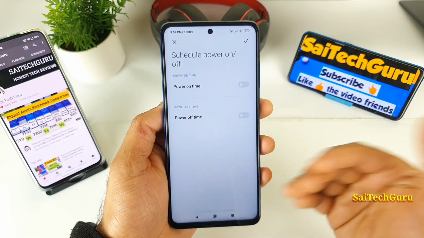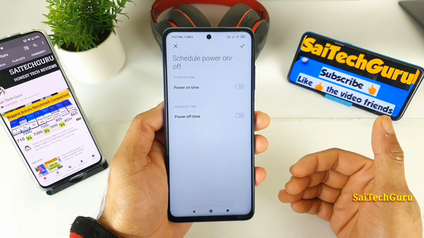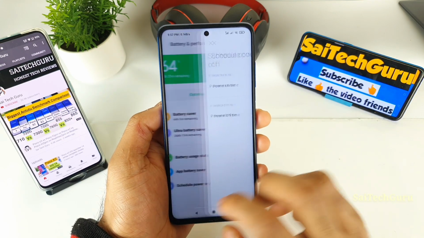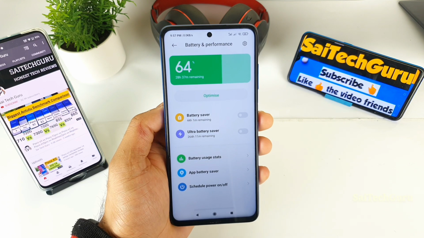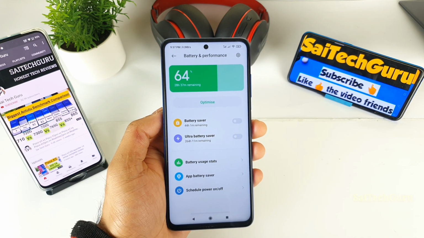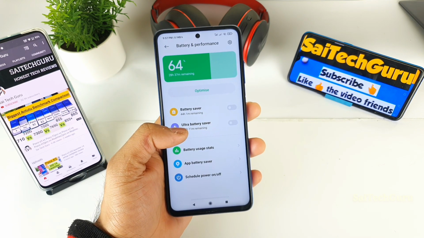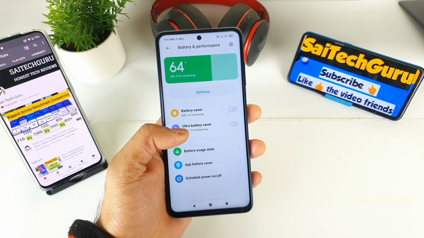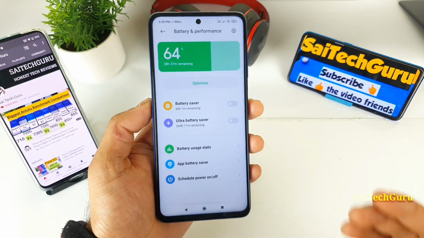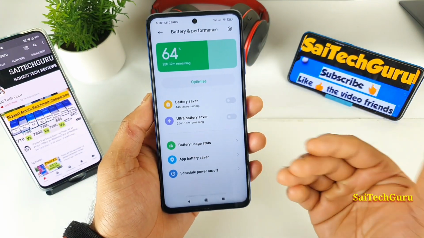It's there in the settings, the power off and power on timings as well, which is very good and interesting. But there is another feature missing here, called automated tasks. The automated task feature is present in the Redmi K20 Pro device, which is very good. I can set the timings where these kinds of activities should be done, which is present in the Redmi K20 Pro phone, not in the Poco X3 device. Maybe in a future update we might get it here.